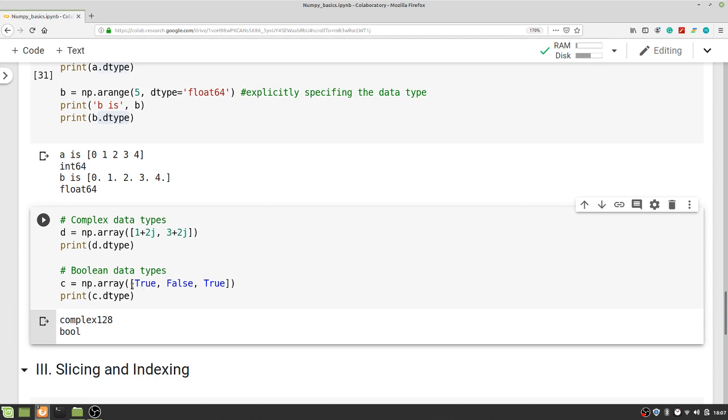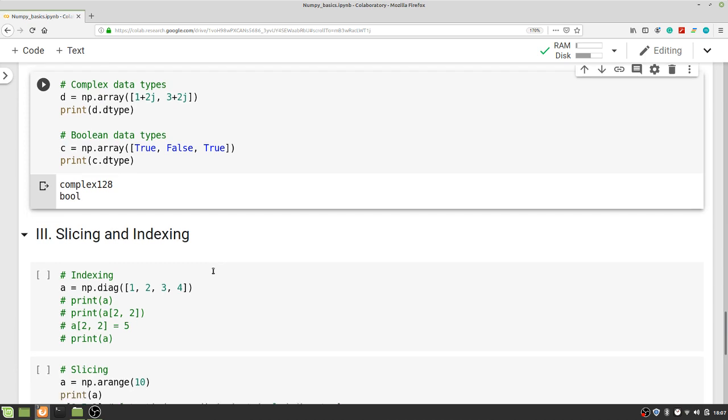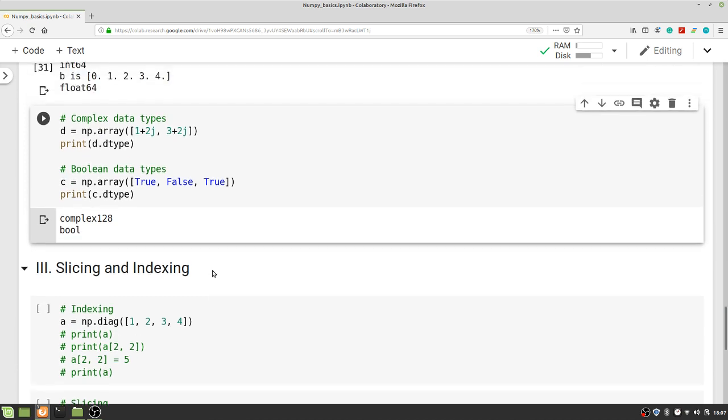Then next I am making a NumPy array with the entities of true, false, and true. So we can see that this is the data type of Boolean, so bool. Now we have got to know how to create and how to know the data types of any